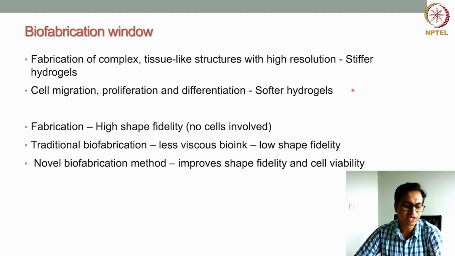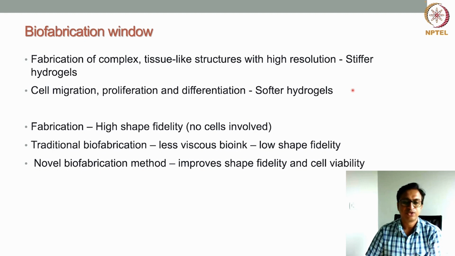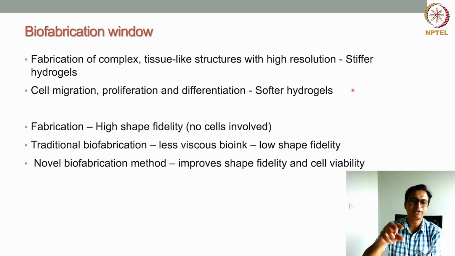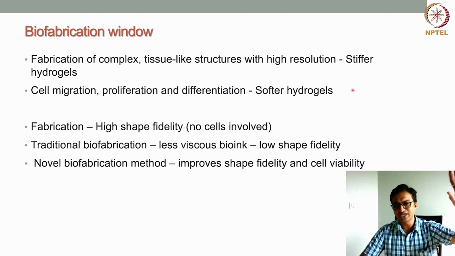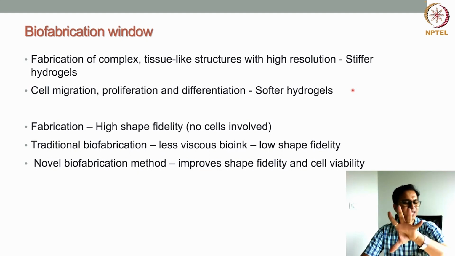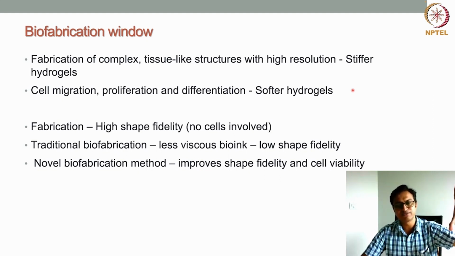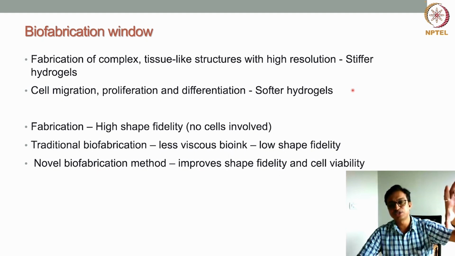That means a novel biofabrication method is required, where the shape fidelity improves without compromising the cell viability, right? So for fabrication, we are almost where high shape fidelity and high viscous bioink can be used. For traditional biofabrication, we are somewhere in the middle, where moderately viscous bioink is used, and we go with good cell viability. But with novel fabrication, we can push this towards using very high viscous bioink, while the cell viability would also be good, because